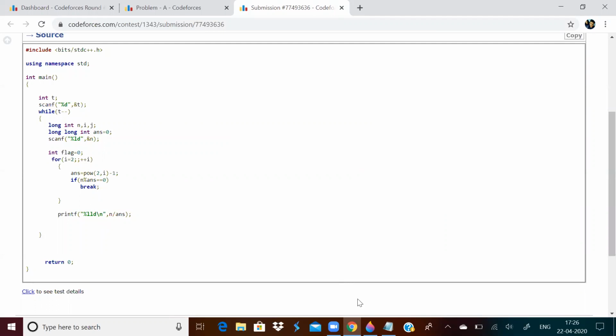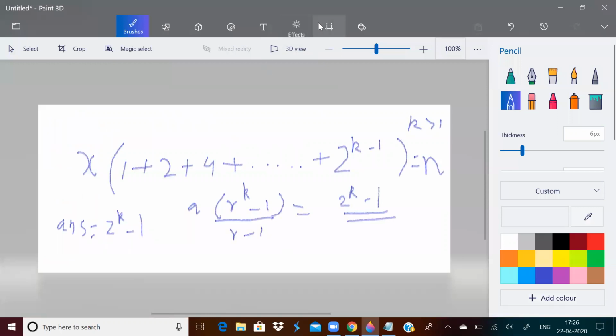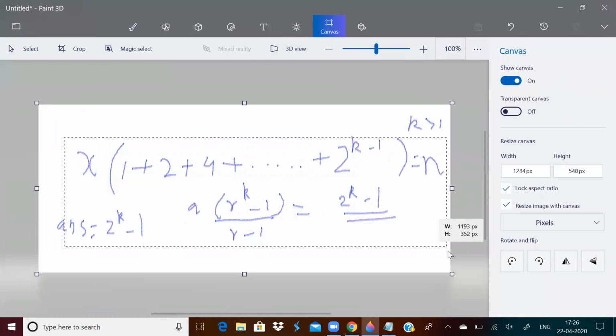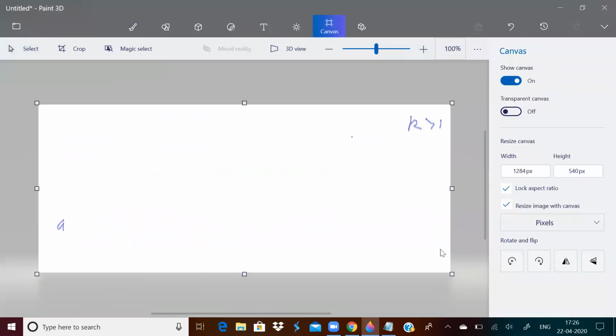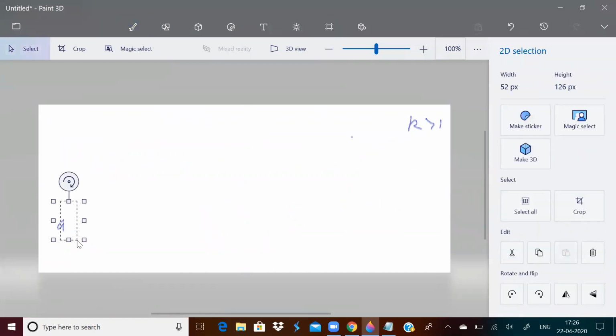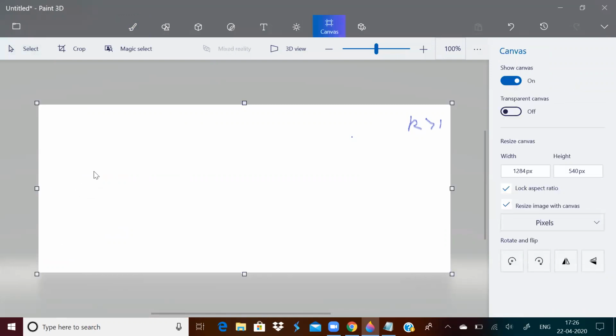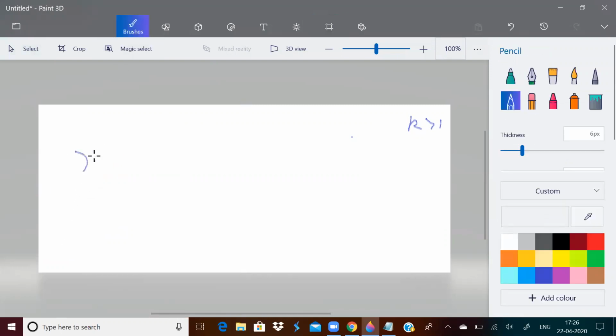See, basically what I want, I basically want x into ans to be equal to n, where ans is equal to 2 to the power k minus 1.